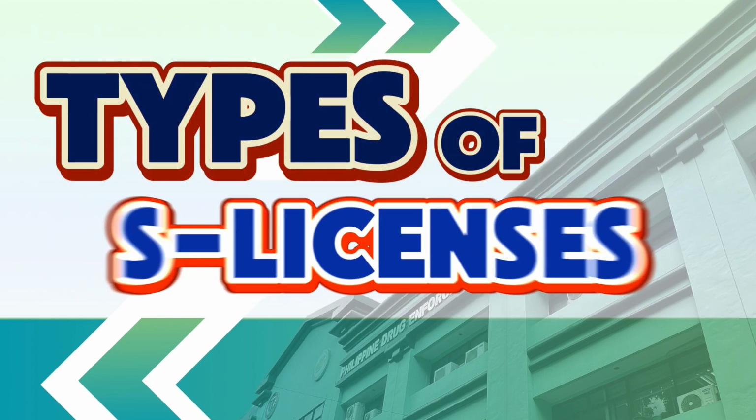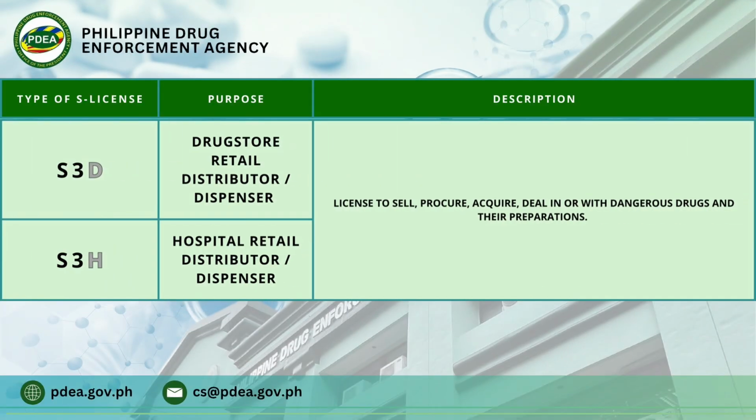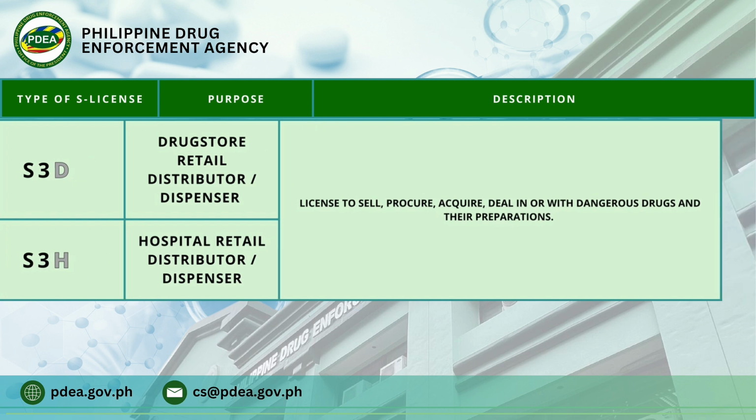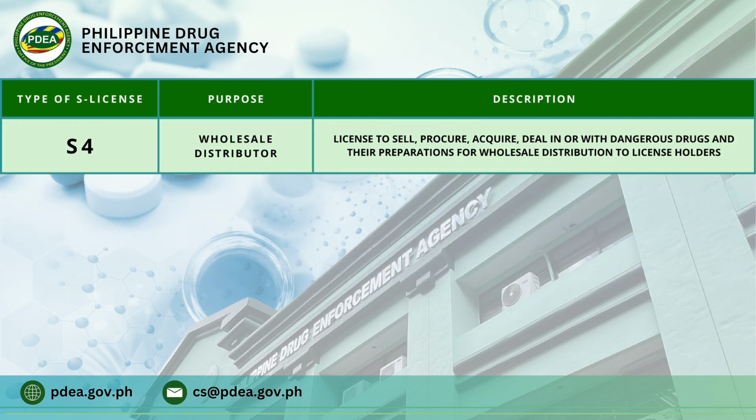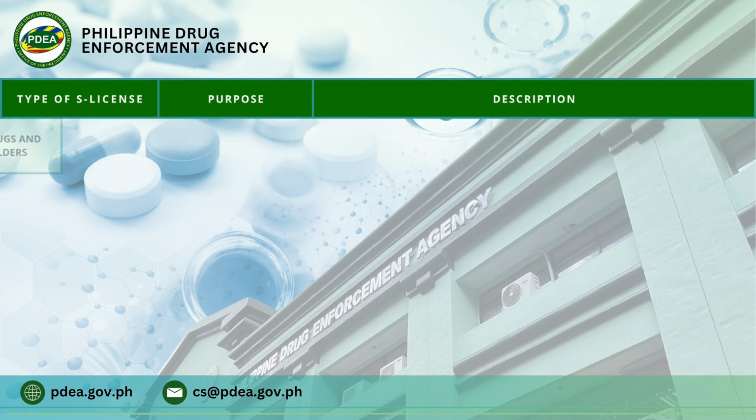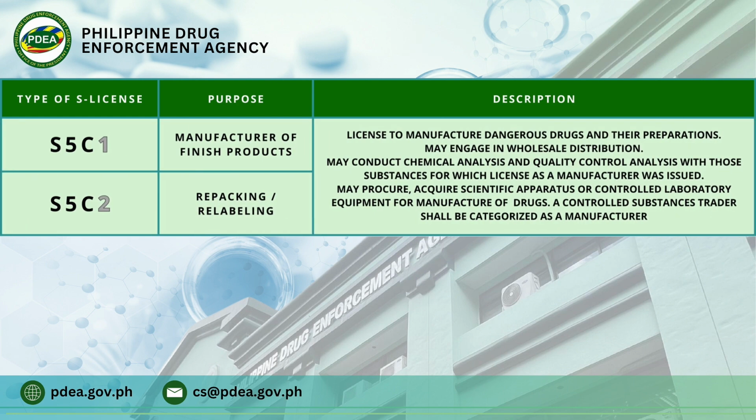Types of S licenses. S3D is the license issued to drugstores as retail distributors or dispensers of dangerous drugs and their preparations, while S3H licenses hospital pharmacies for the same purpose. S4 license is the license issued to wholesale distributors. S5C1 is the license issued to manufacturer of finished products, while S5C2 is the license issued to manufacturers who repack